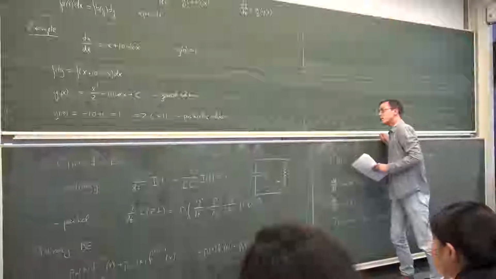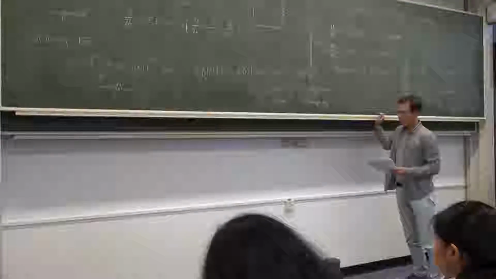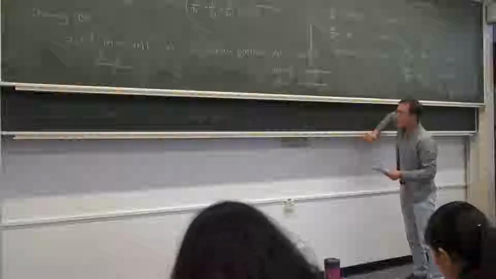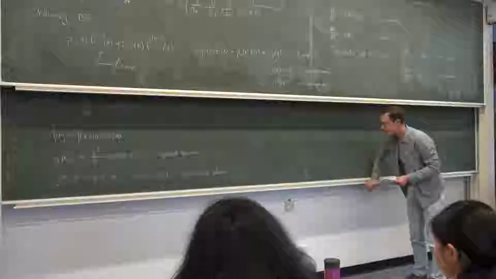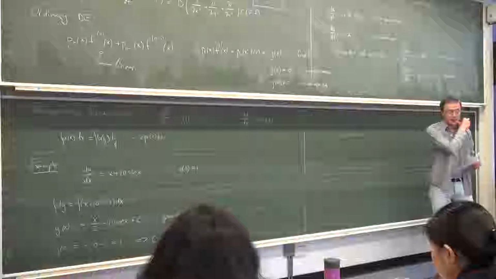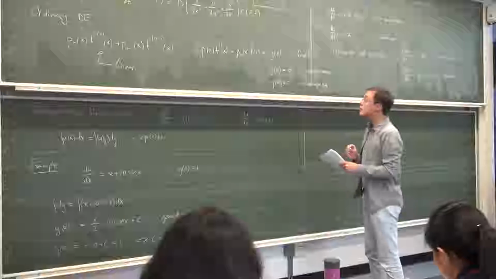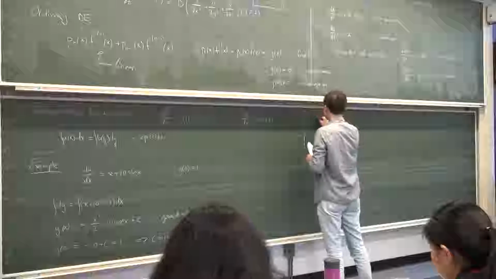So let's go back into chemistry and consider an example where a chemical reaction proceeds, but in a situation when we are adding or removing substance from the reactor at a constant rate. So the interesting part for today is